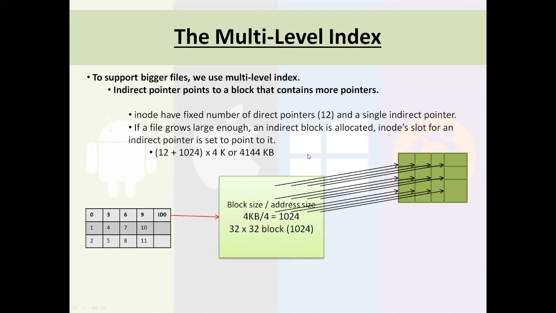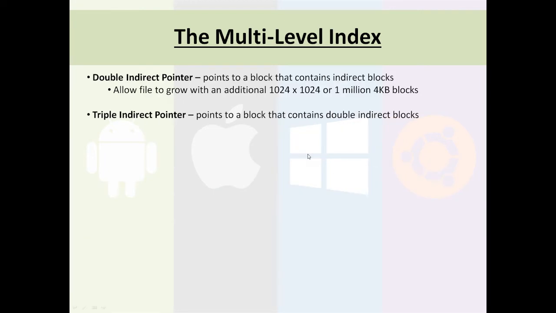Okay, but we can take this even further. Not surprisingly, in such an approach you might want to support even larger files. To do so, you just add another pointer to the inode, and this is called a double indirect pointer. This pointer refers to a block that contains pointers to other indirect blocks, each of which contains pointers to data blocks. I know this is getting a little bit convoluted,